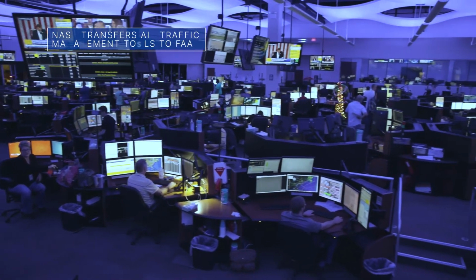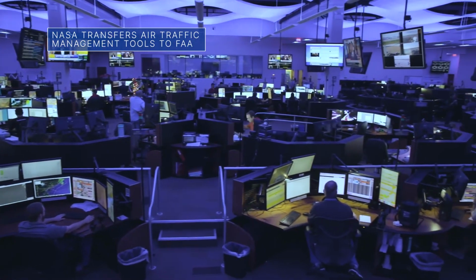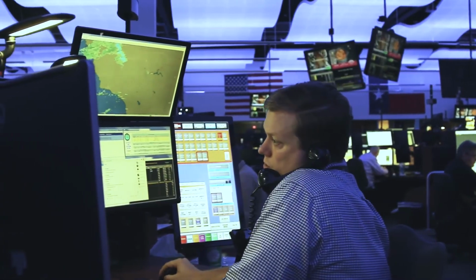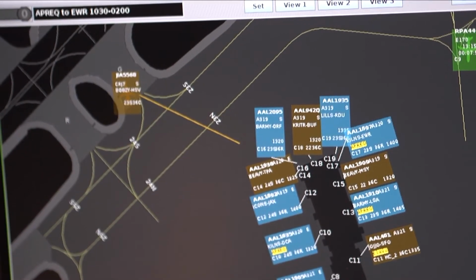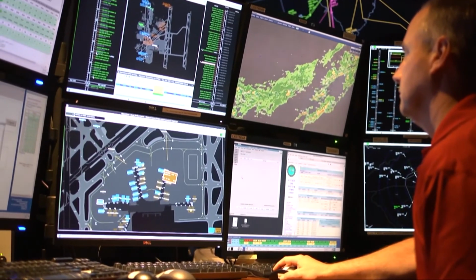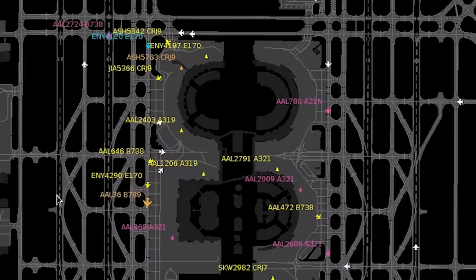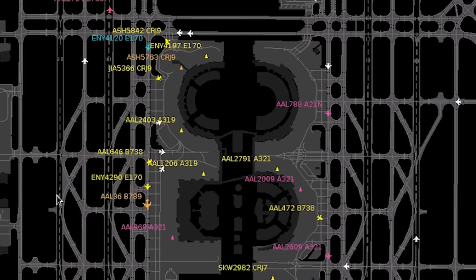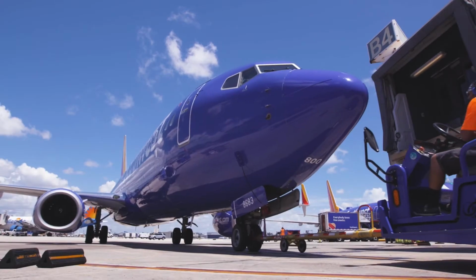NASA has transferred findings from the agency's Airspace Technology Demonstration 2 or ATD-2 project to the Federal Aviation Administration for nationwide implementation. Over the past 6 years, the project demonstrated this suite of airport operations tools at several U.S. airports to save fuel, reduce carbon emissions, and increase information sharing between the FAA and industry. Find out more at